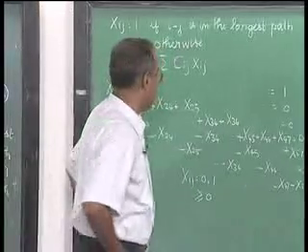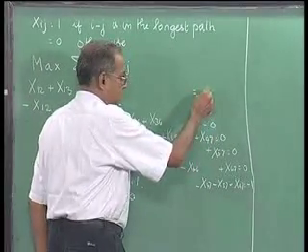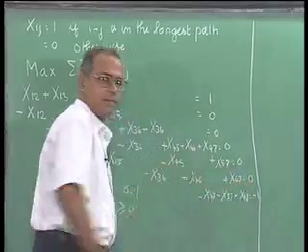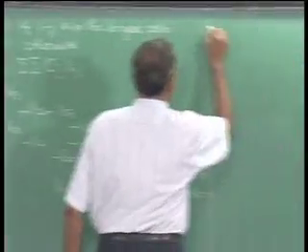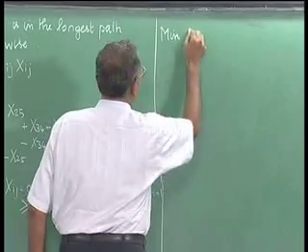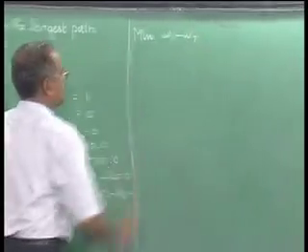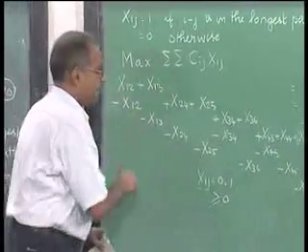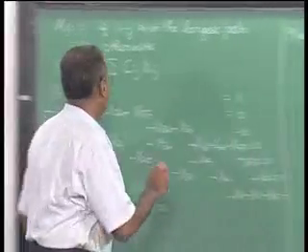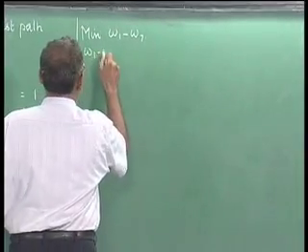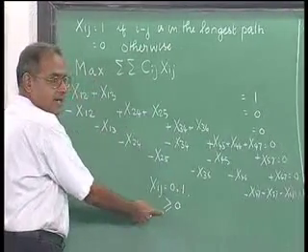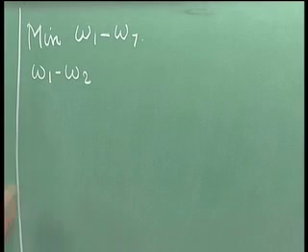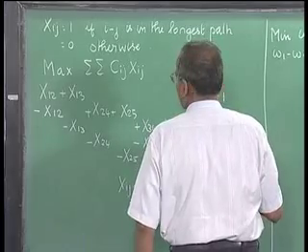Now, having understood that this is a linear programming problem, we will now go back and write the dual associated with this problem. So, we define dual variables W1, W2, W3, 4, 5, 6, 7. The primal is a maximization problem. So, the dual will be a minimization problem, minimize W1 minus W7 that we have here, subject to every ij will be in the ith and the jth constraint. So, subject to W1 minus W2, it is a maximization problem with all greater than or equal to constraint. So, you will get a minimization problem with all greater than or equal to variable. So, W1 minus W2